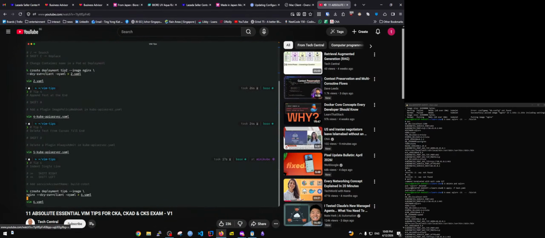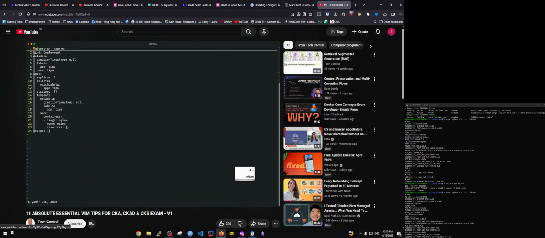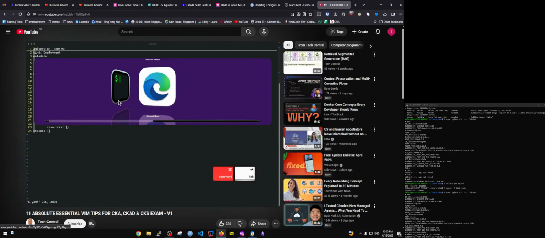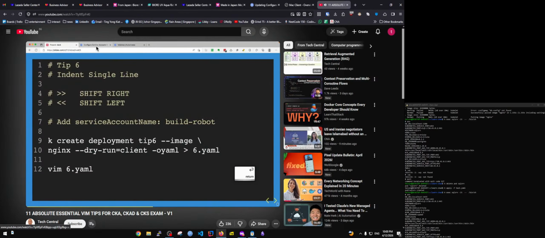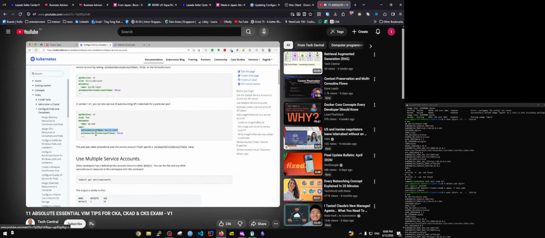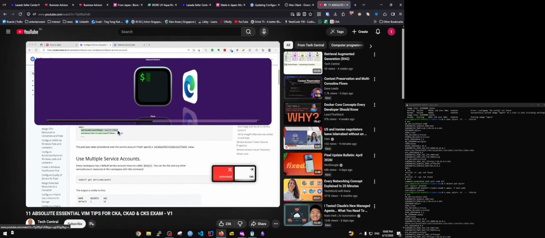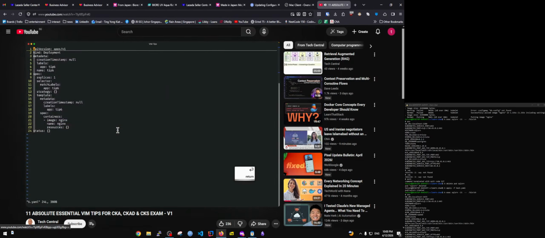So I want to add the service account name, right? So I open the YAML file. So let's say I have my documentation open here, right? So I have seen, okay, service account name I need to add like this. So I just take this and copy it, and when I come to the terminal, right, so I know that